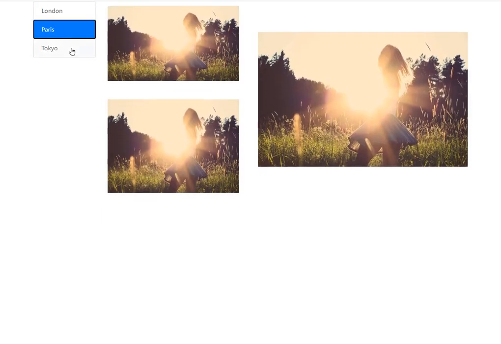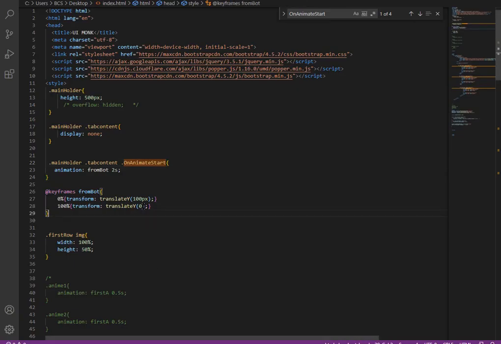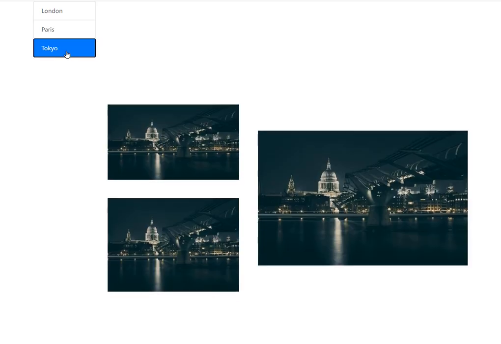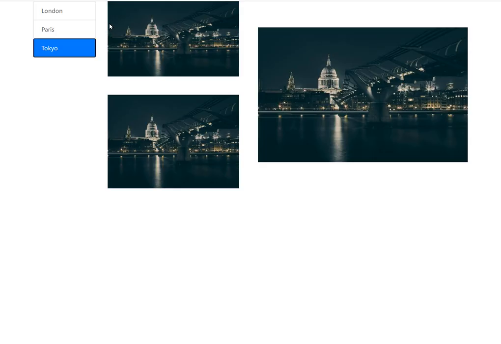Let's refresh this, click on Paris, click on Tokyo, click on London, and that is working as we thought. Now let's make this 300. Now you can add the overflow hidden property. Cool.